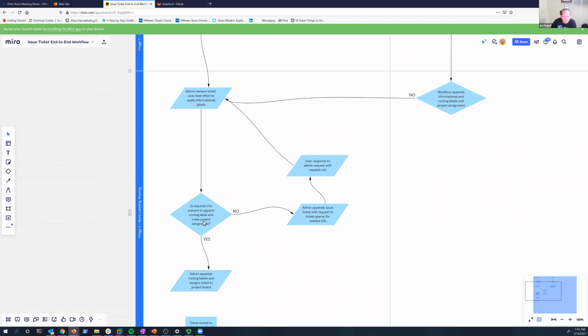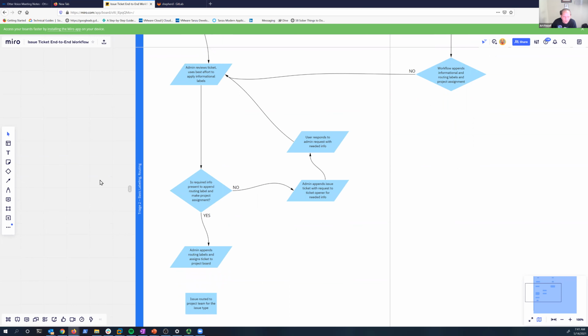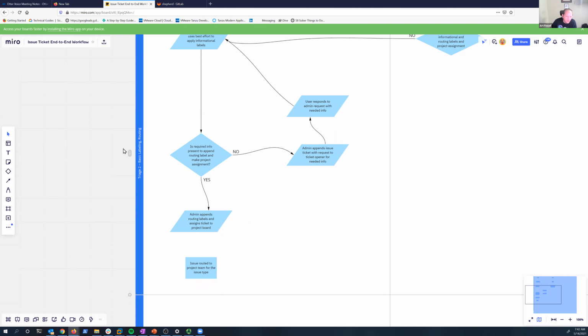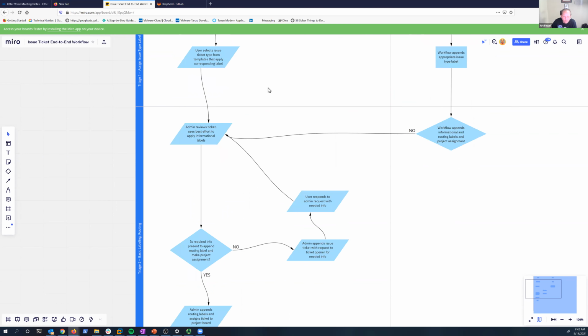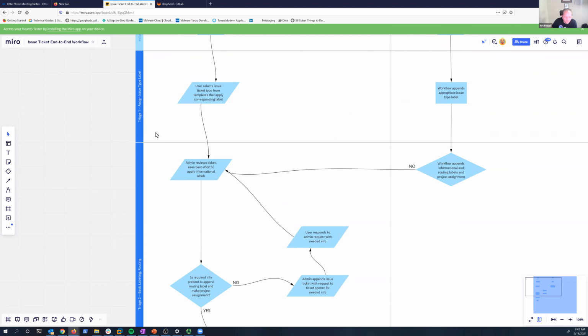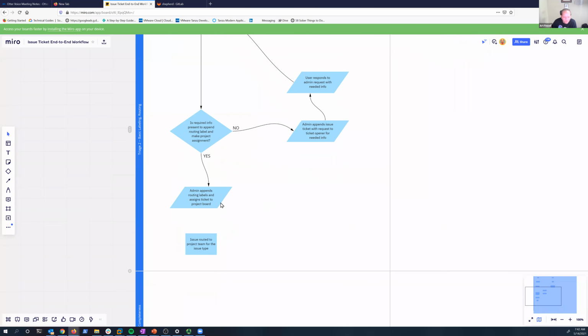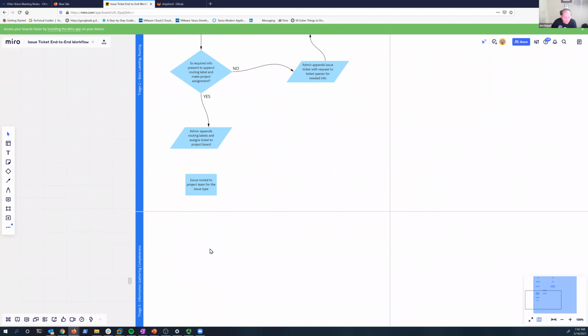And then we get to the point where it gets more important, before we can move out of this triage 2 phase, and we need to ask: is the required info present to append the routing labels and/or make project assignments? That's the main purpose of this initial, well, they call this triage 2, as I'm calling what the user selection is kind of a part of the triage process, but this is really the initial triage process here. And so if you can route it, then you append the labels, and it'll move on to